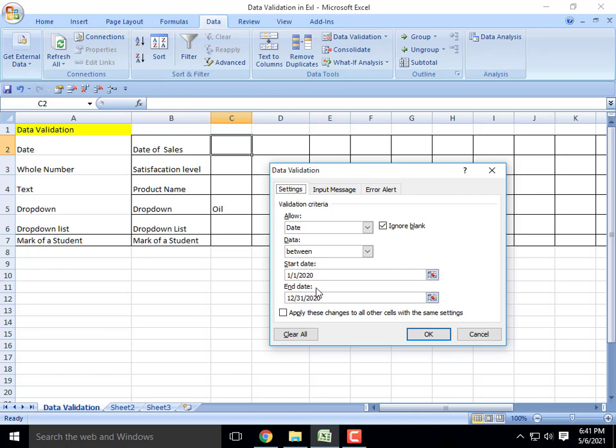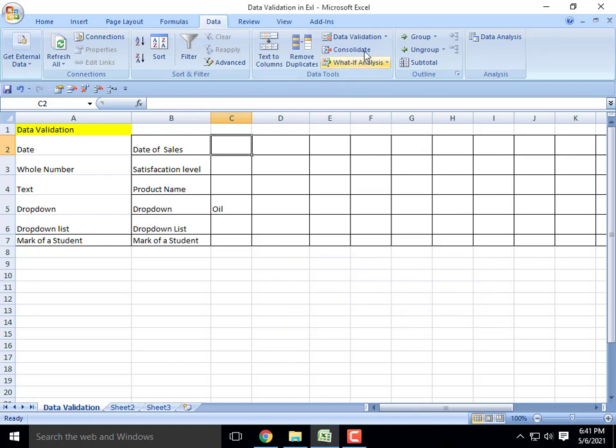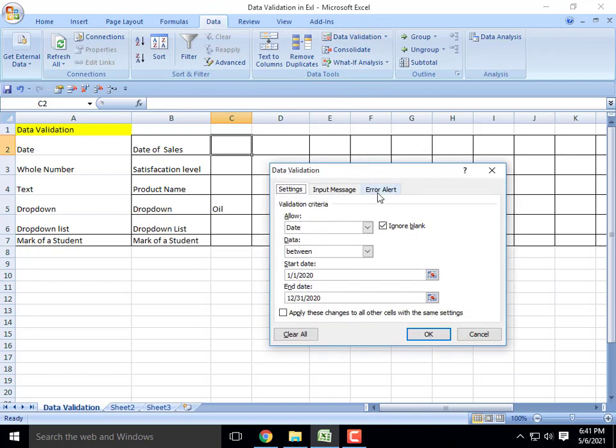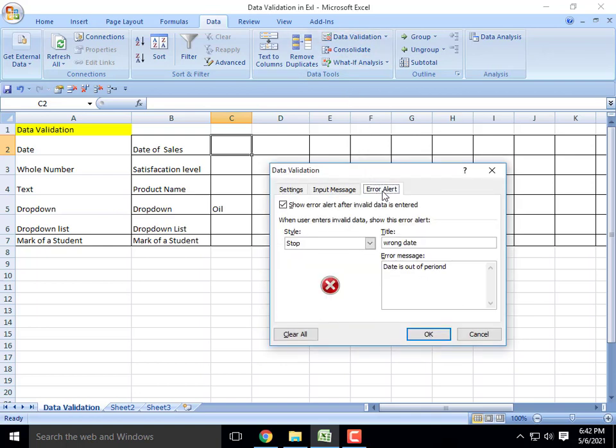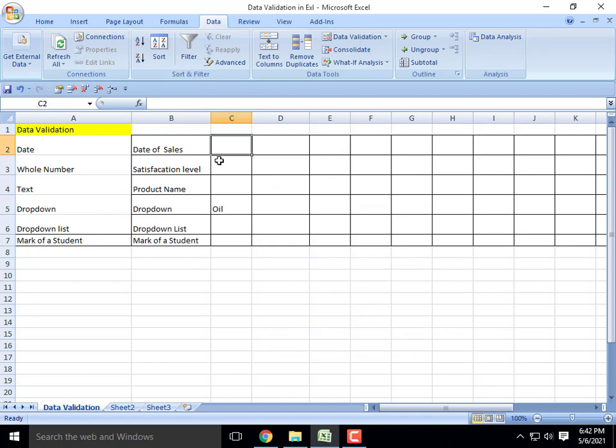So I enter the dates here, then click OK. In case I want to give an error alert, I can give it here: wrong date, date is out of period. Then click OK. Now I am entering 1/3/2020. OK.